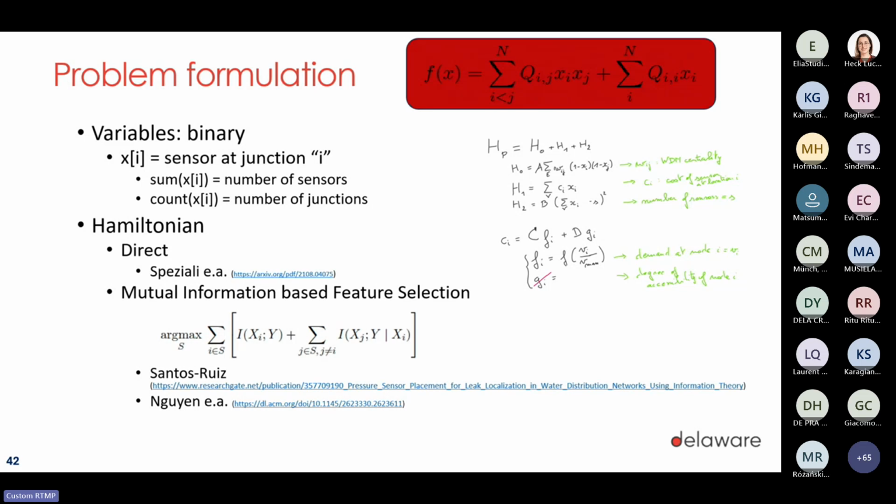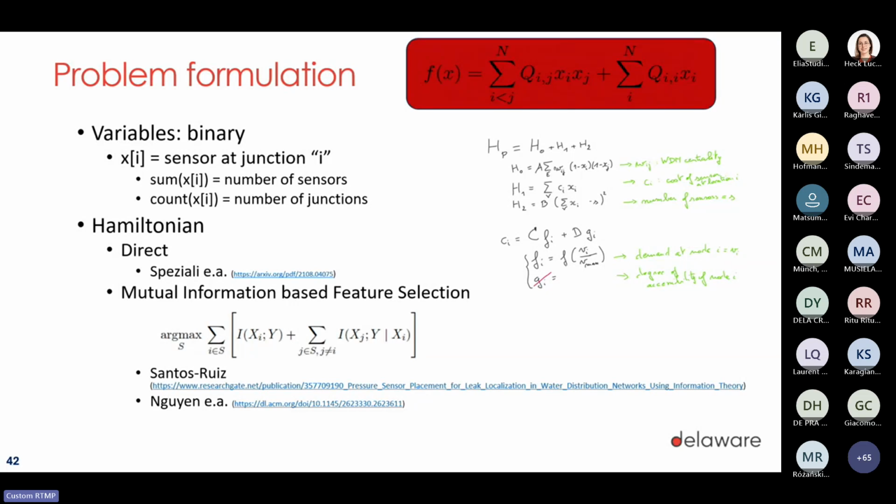The second step is we want to minimize the QUBO formulation. You want to describe a Hamiltonian with quadratic formats and so on and so forth, you know, the Q matrix as described above. And you have a few approaches in literature. The one approach, which I also see in other contexts, is just directly trying to formulate the coefficients, the Q matrix, based on what you know from your problem. And that can be the topology that you translate, or costs related to having a sensor or not a sensor, and so on and so forth.